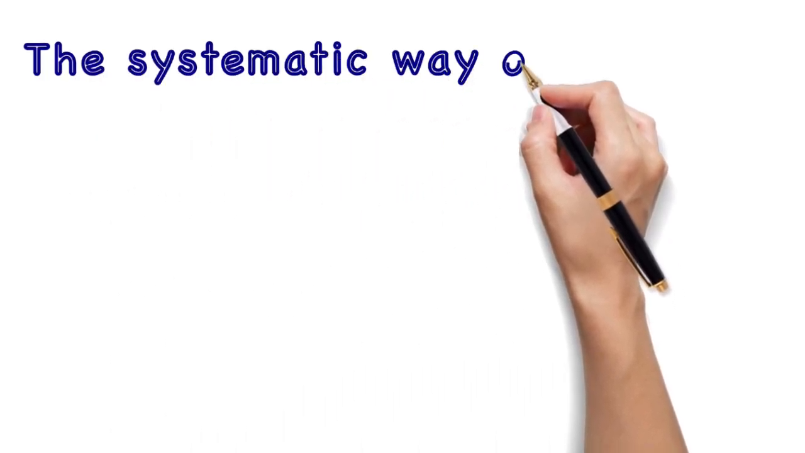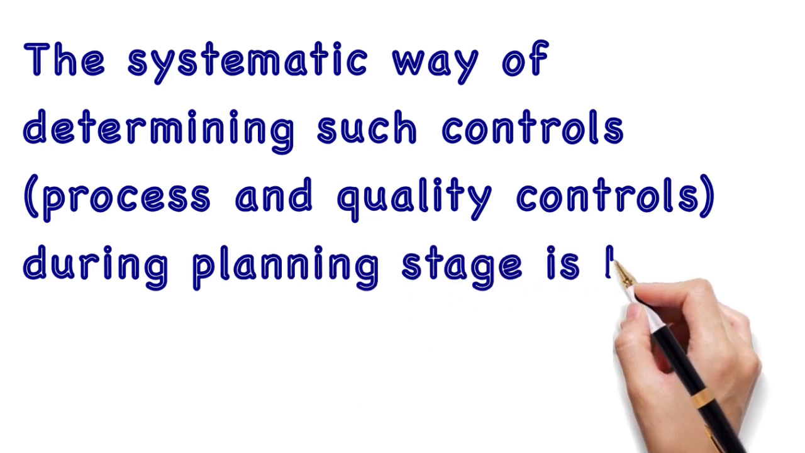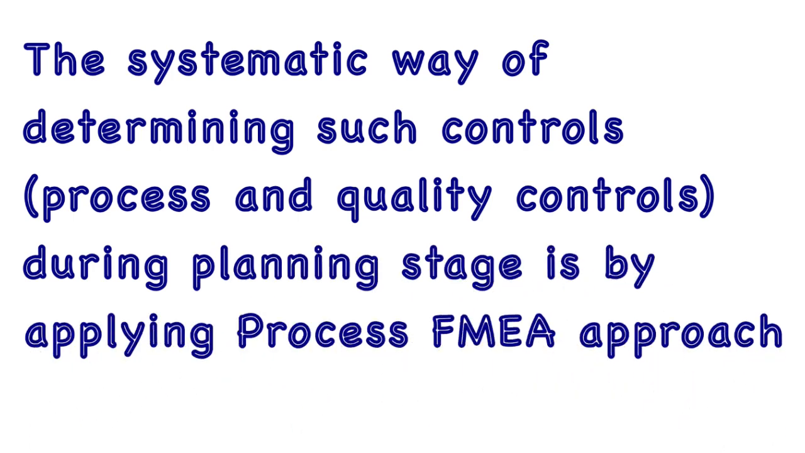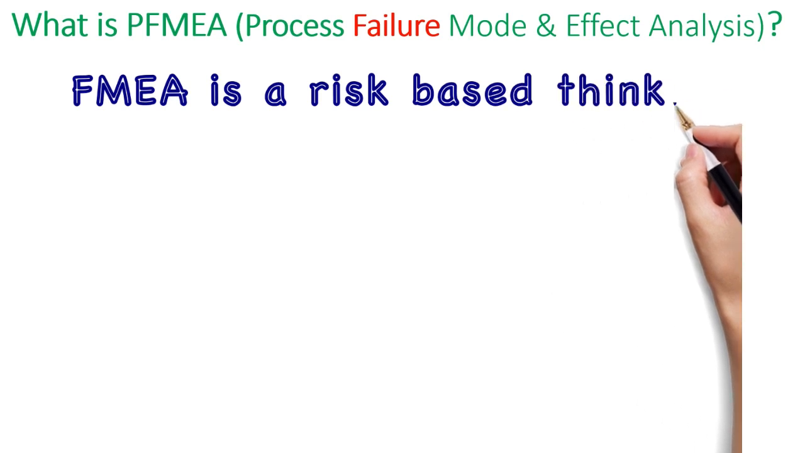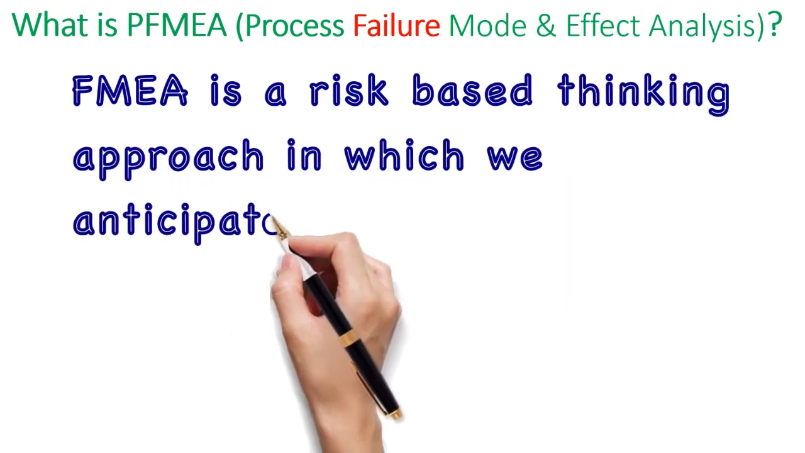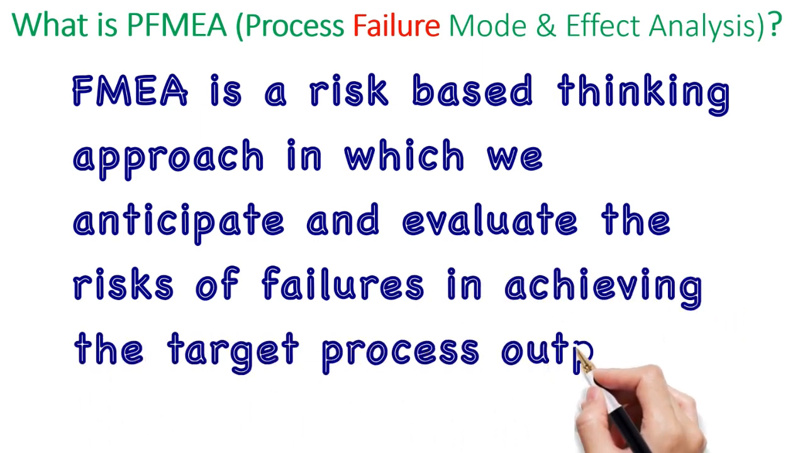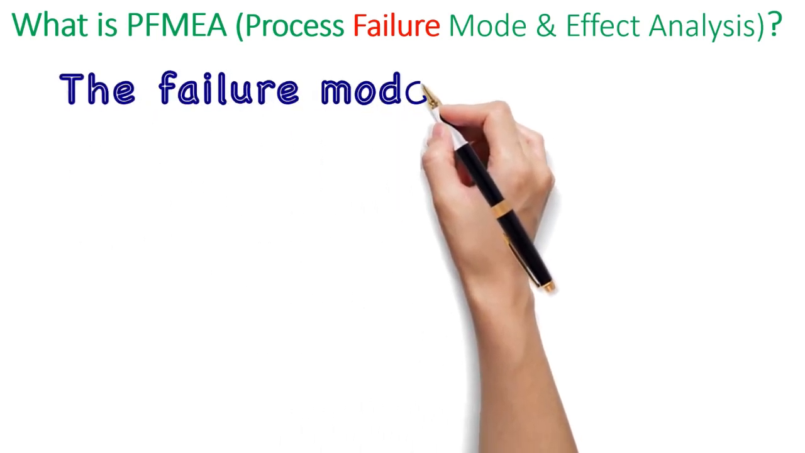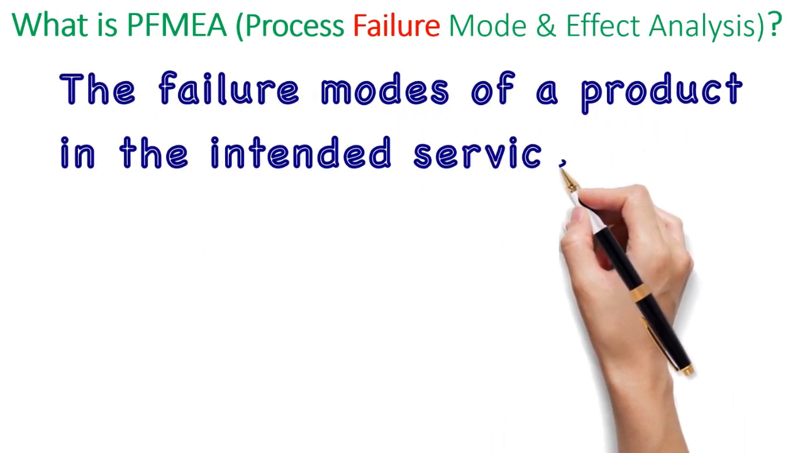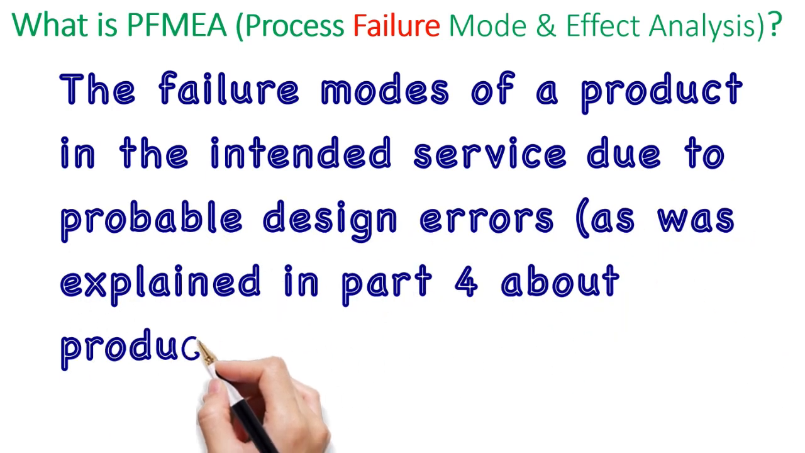Now the systematic way of determining such process and quality controls during the planning stage is by applying the process failure mode and effect analysis approach. But what is process failure mode and effect analysis? Actually, FMEA, as explained in Part 5, is a risk-based thinking approach in which we anticipate and evaluate the risks of failures in achieving the target process output in case of process FMEA, PFMEA, or the failure modes of a product in the intended service due to probable design errors, as was explained in Part 4 about reliability issues, which